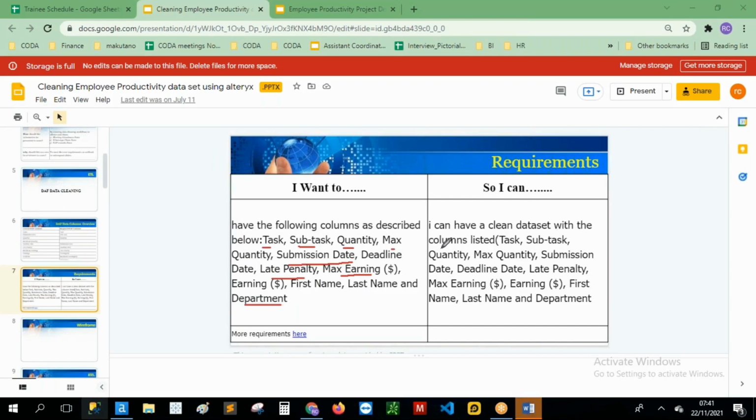Then this one is so that I can have a clean data set with the columns listed. So we need to have the task column, the sub-task, quantity, maximum quantity, submission date, deadline date, late penalty, maximum earnings, first name, and then last name. So this is what we will be doing. So before we look at more requirements, let's just go ahead and look at the next part,